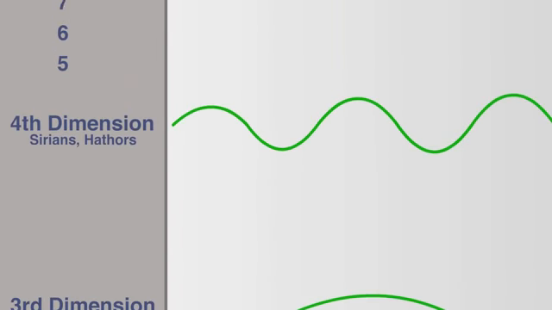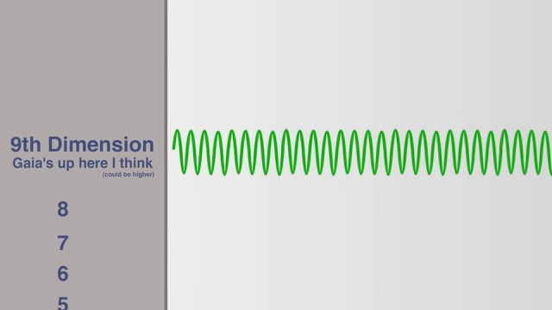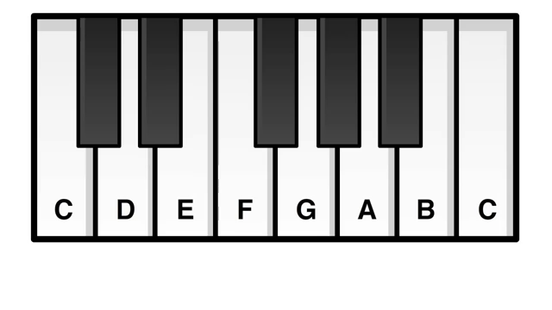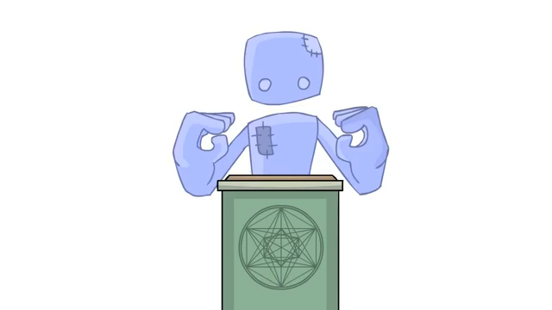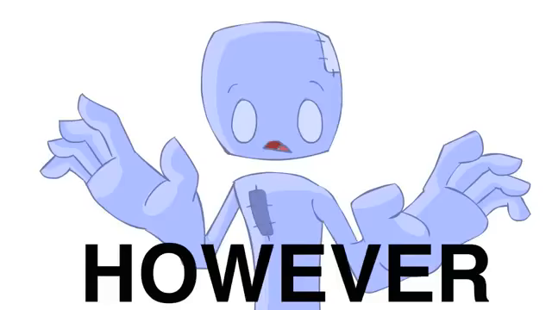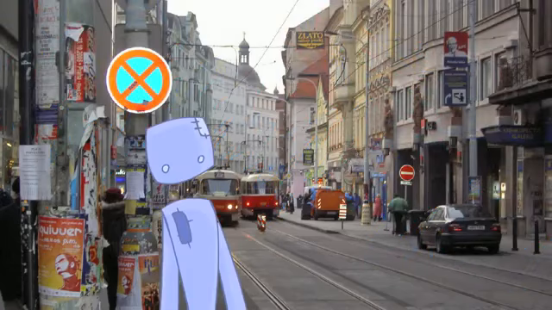As you go up in dimensional levels, the wavelength gets shorter and shorter, with higher and higher energy. As you go down in levels, the wavelength gets longer and longer, with lower and lower energy, more and more dense. Just as with a piano, there's a space between the notes, so that when you hit one note, there's a very definite place where the next note is. In this waveform universe we exist in, there's a very definite place where the next dimensional level exists. It's a specific wavelength relative to this one. Most cultures in the cosmos have a basic understanding of this and understand how to change between dimensions. However, because of certain events that happened on Earth 13,000 years ago, we have all forgotten, but we're about to